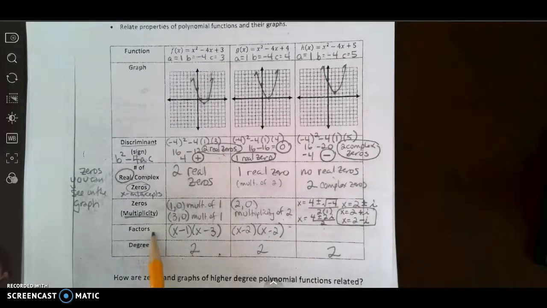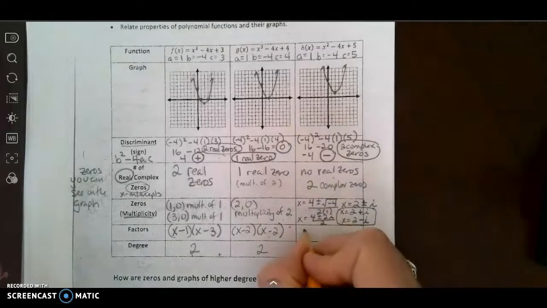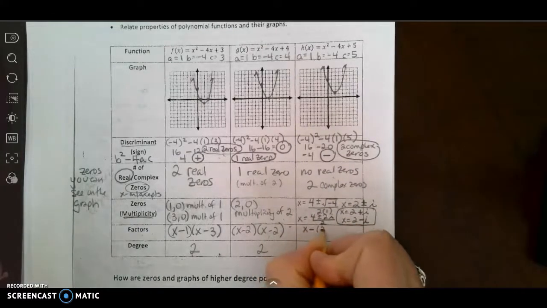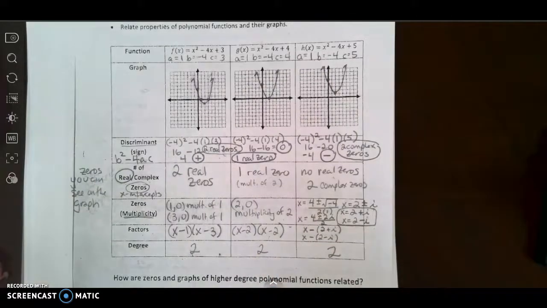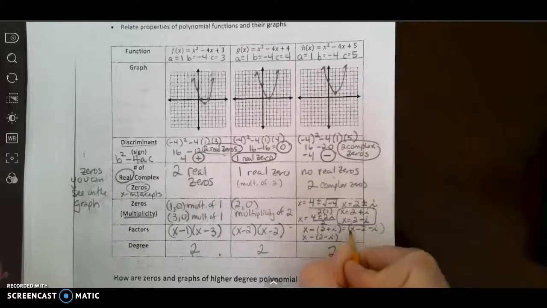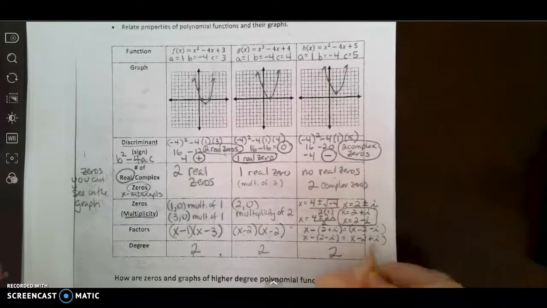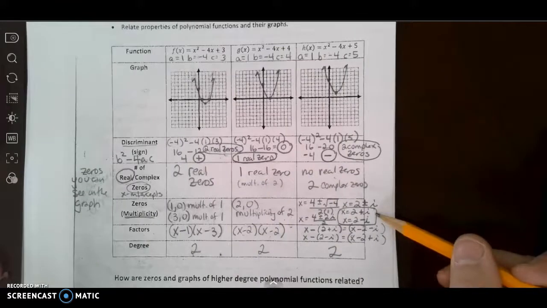So how do I write that as a factor? Well, the first factor, remember you always take x minus the 0, so x minus (2 plus i) would be one factor, and x minus (2 minus i) would be the other factor. So let's simplify, and that becomes x minus 2 minus i. I'll put parentheses around it, just like I always put parentheses around my factor. And this one would be x minus 2 plus i when I distribute that negative sign. So these are my complex zeros, and these are my